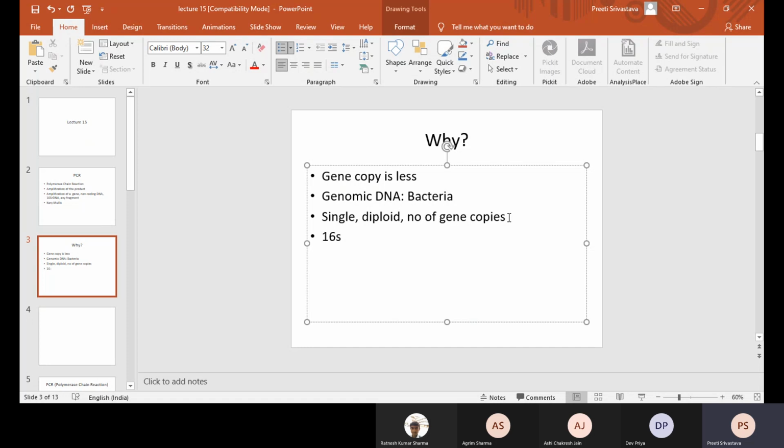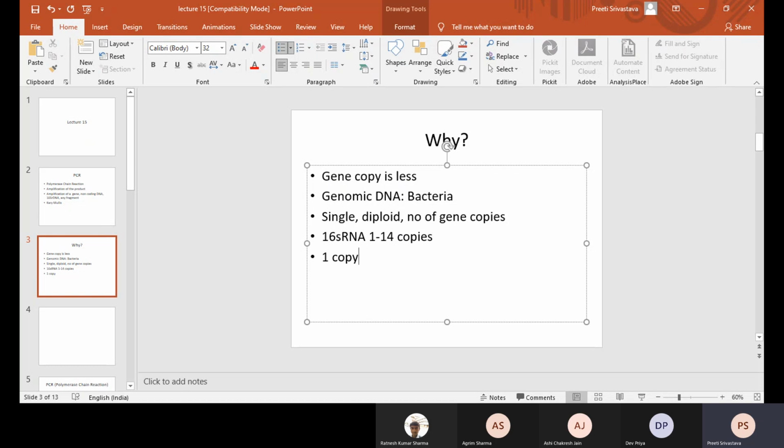For example, for 16S RNA, in some cases you have one copy, but it can be as high as 14 or 15 copies. But most of the time, for replication proteins, partitioning proteins, or genes for accessory functions, these are present in only one copy.